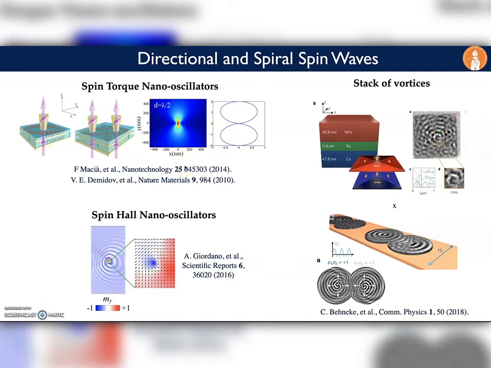Just to make contact with efforts on spin wave radiation, we note that directional spin waves can be created in arrays of spin torque nano oscillators as the result of interference patterns. Spiral spin waves have been suggested to exist in metallic spin-Hall oscillators in the limit of very large amplitude of the Dzyaloshinskii-Moriya interaction and very large applied charge currents. While conceptually closer to our work is the experimental observation of spiraling spin waves in a stack of dynamically excited vortex cores, with the spin wave propagation imaged by time-resolved scanning transmission X-ray microscopy.